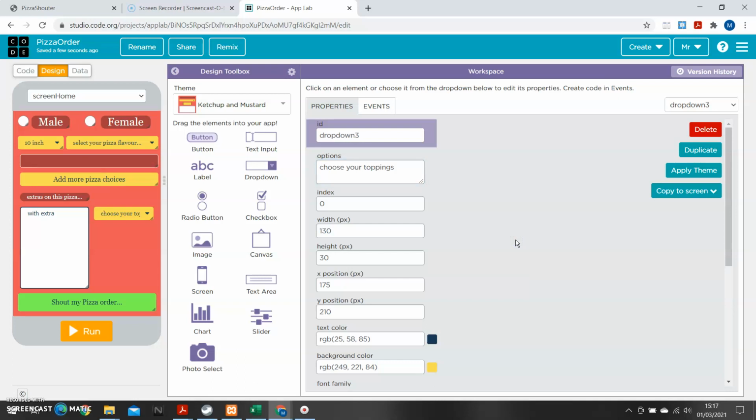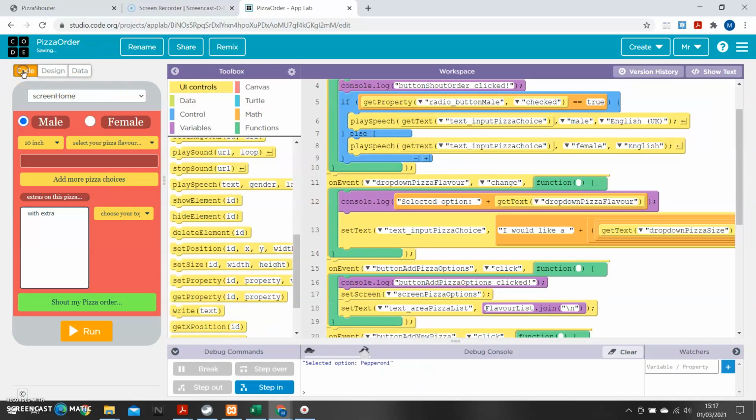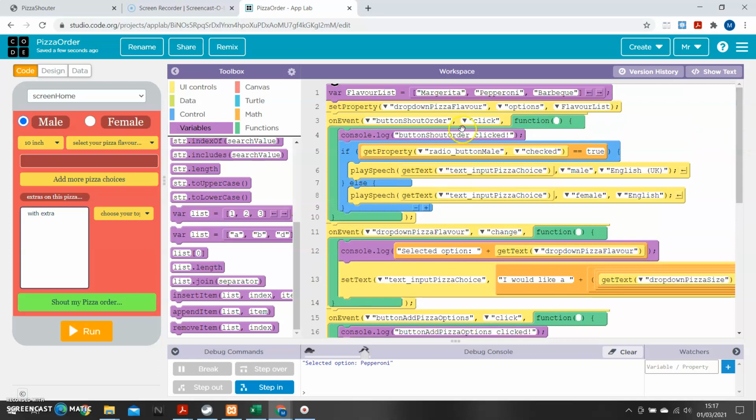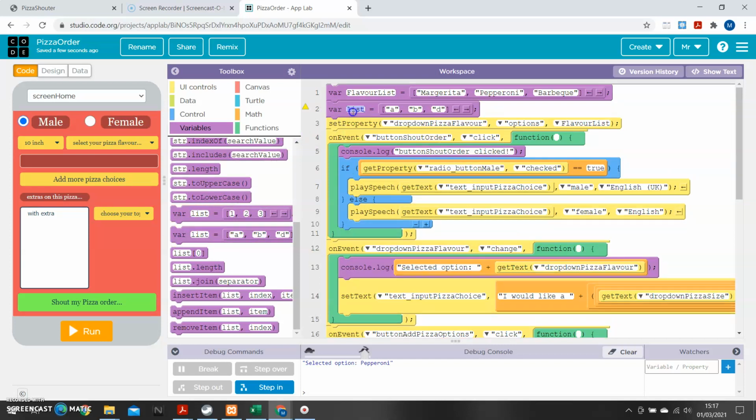Okay, now as we did with the drop-down flavor for the pizza, we are going to build this list behind the scenes. So I'm going to go into Code View. I'm going to come to Variables, and I'm going to scroll to the very top here. It's a good idea to keep the initialization of your variables at the top of your code so that it's always easy to find. I'm going to put another list on here, so I'm going to just drop it below this one. This one's going to be called topping list,